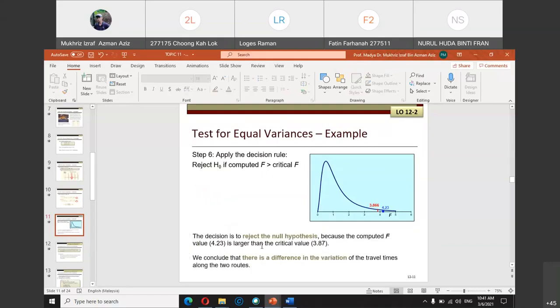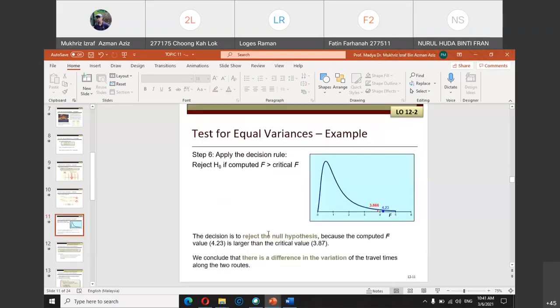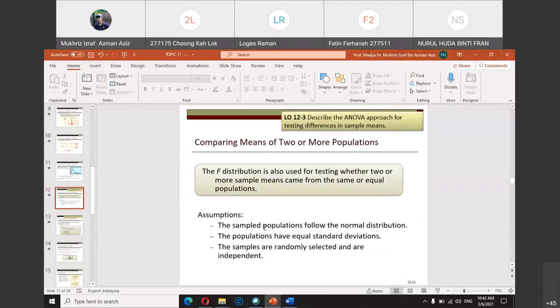So this is just using the simple analysis of the F distribution, comparing on the variance, not comparing on the mean yet. Comparing on the mean, we will cover next Monday. Today will just be a short lecture. I will upload the question for assignment 1 maybe 10-15 minutes from now in your OL, and then you can get together in your groups and discuss how